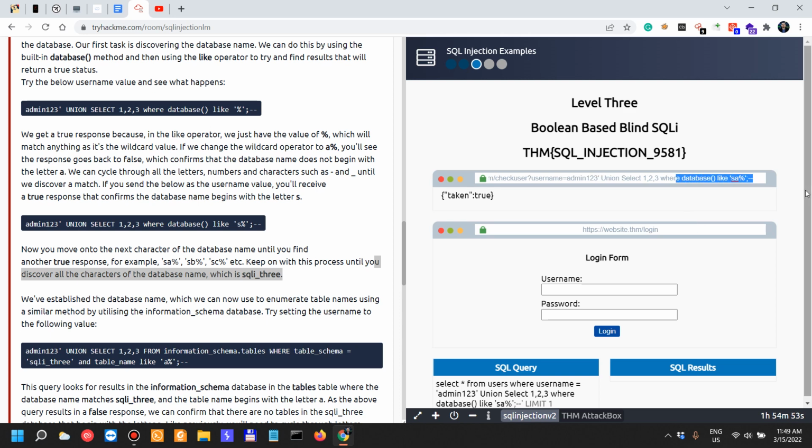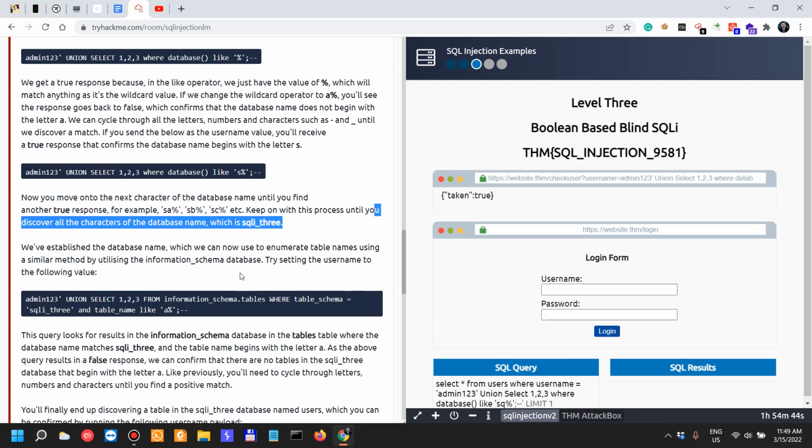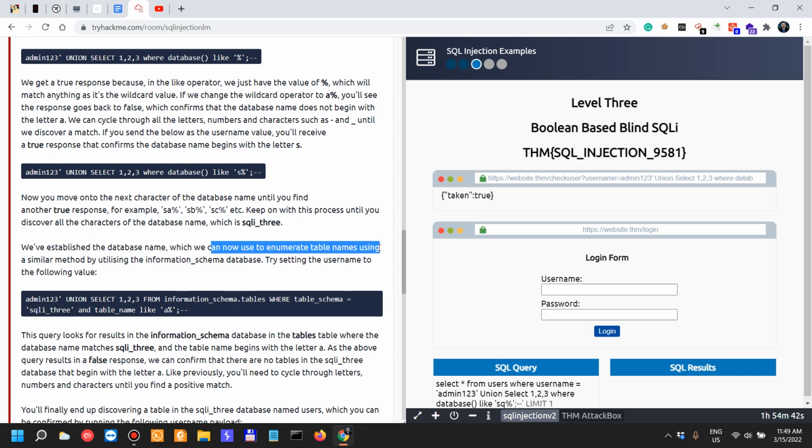What if we do SQLi? It's also true, so the actual name is SQLi3. We established the database name, which we can now use to enumerate the table names. When you establish SQLi underscore 3 and then you remove this wildcard, so if we do 3, we get the false. You've actually found the